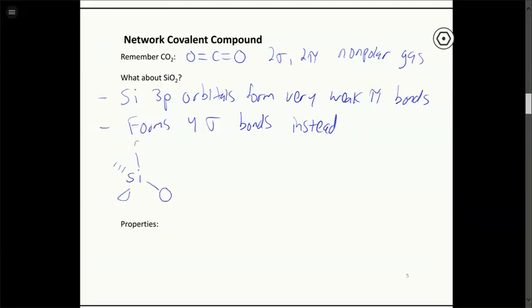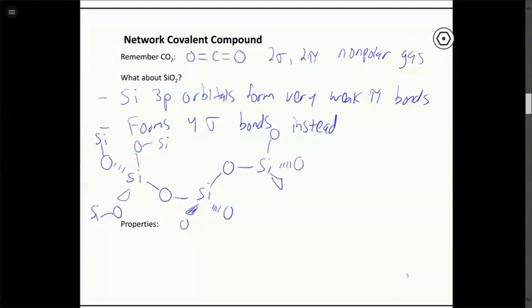Now formally this is going to have a 2- charge because it's silicon with 4 singly bonded oxygens, but then these oxygens are bonded to other silicons in all directions. So there's another silicon there, silicon, silicon, and so on. So then this goes to another silicon, which is tetrahedral. That goes to another one, the tetrahedral, and it just goes on and on and on forever. So it's another example of a network covalent compound, which is formed by covalent bonds, but they go on and on and on in all directions forever and ever, effectively. Okay, so this structure just goes on to build a large crystalline structure.